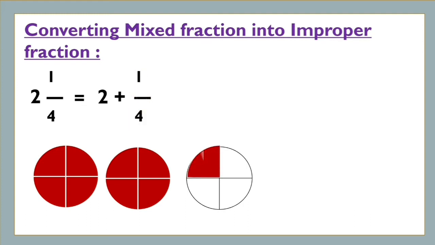That is this portion. And dear students, observe that if you divide 2 wholes into 4 parts each, from the first whole we get 4 units, and from the second we get 4. That means 4 plus 4, 8 parts from these 2 wholes, and another one from here. That means in total we get 9 shaded portions, each one divided into 4. So that means 9 by 4.